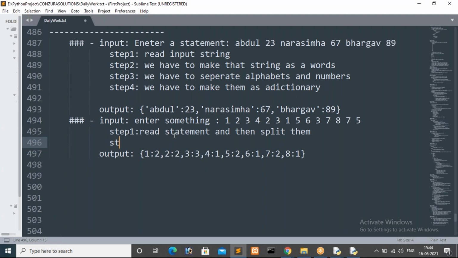Now the second step: we have to separate unique numbers, na, then only we will get it right. For this assignment, three days back I explained it to you, to print the count, while explaining the list concept. So now I have a list of values, a unique list.